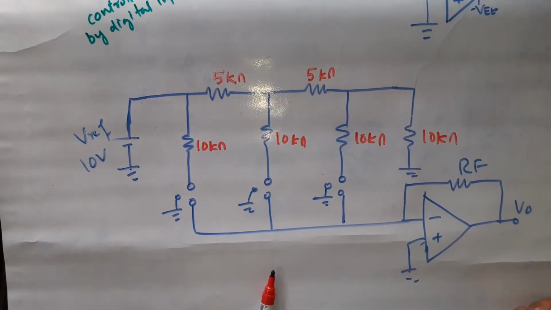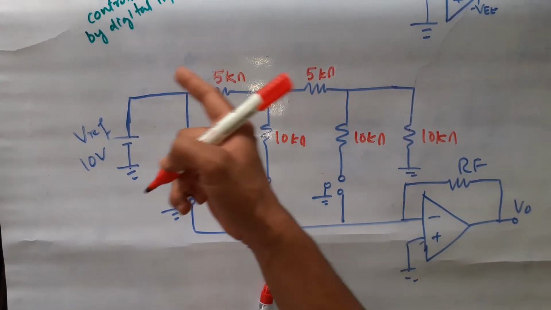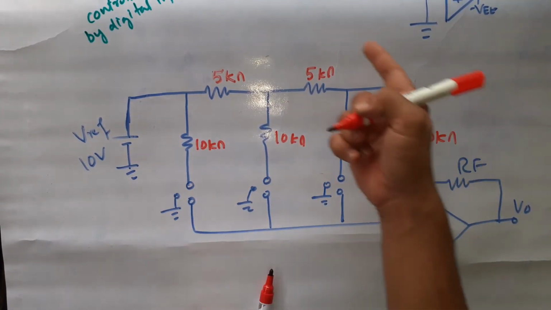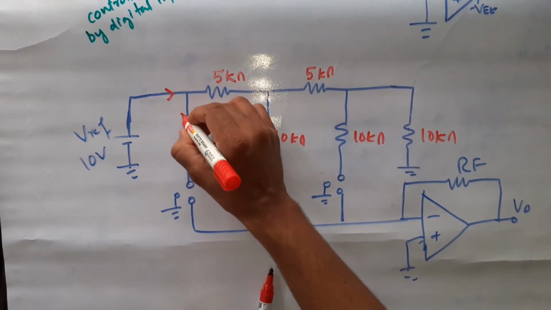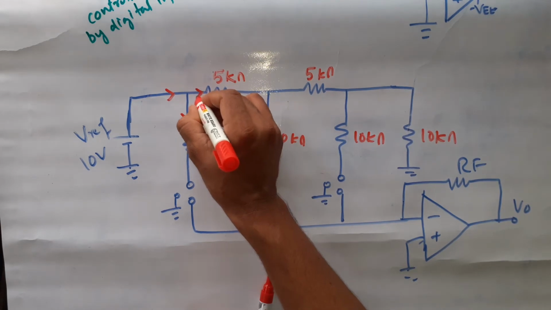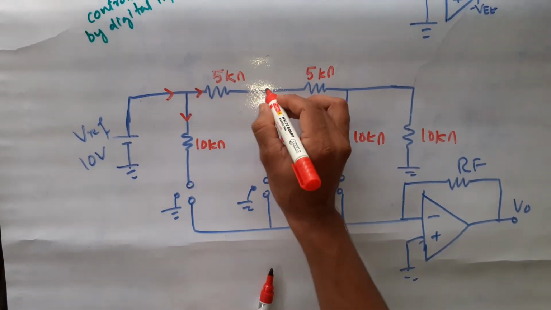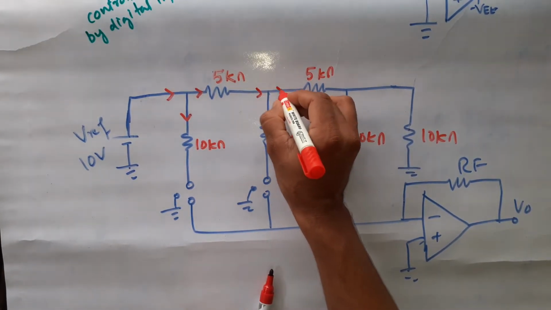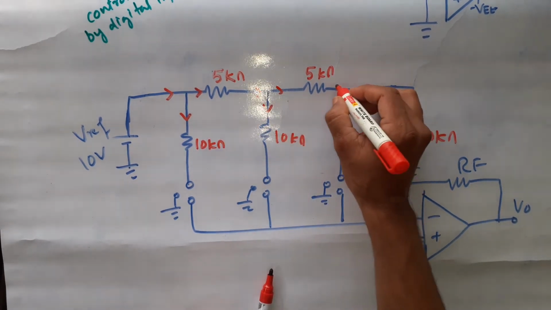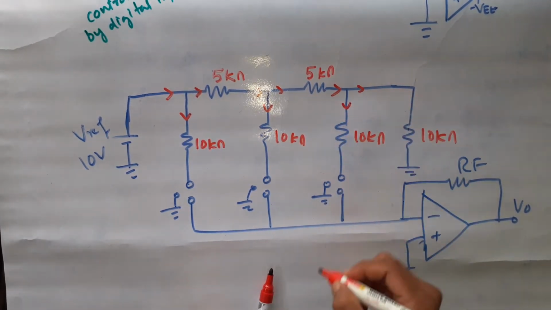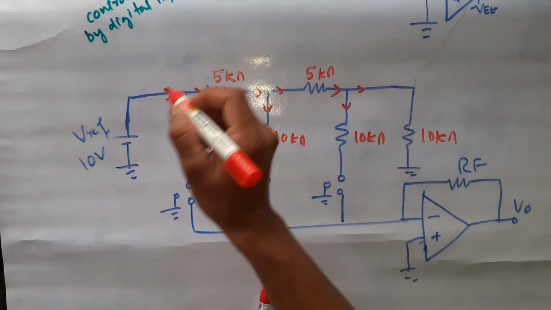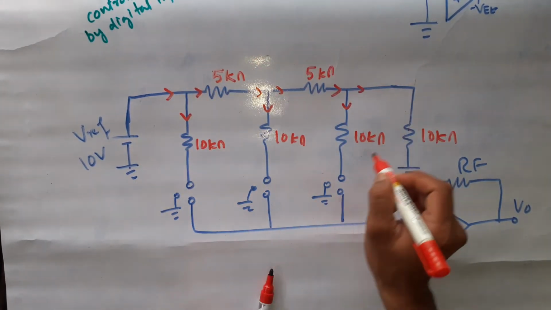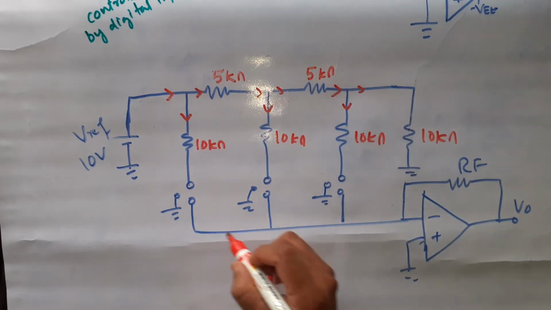Now I want you to calculate what are the branch currents here. What are the branch currents? It means what current is flowing here, how much current is going here, how much current is going here, how it is splitting. Then this current will come here and it will split into another two currents. Again this, right? Now to get these currents, you need to calculate the equivalent resistance of this circuit.